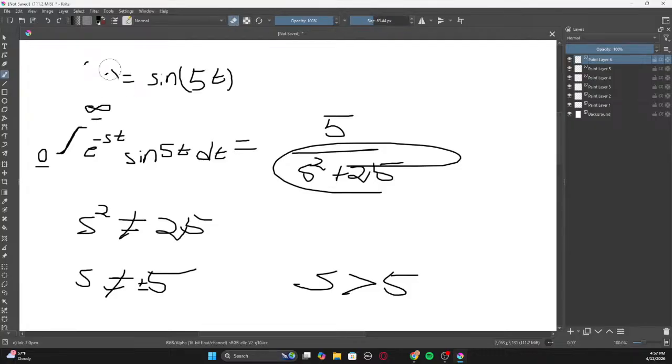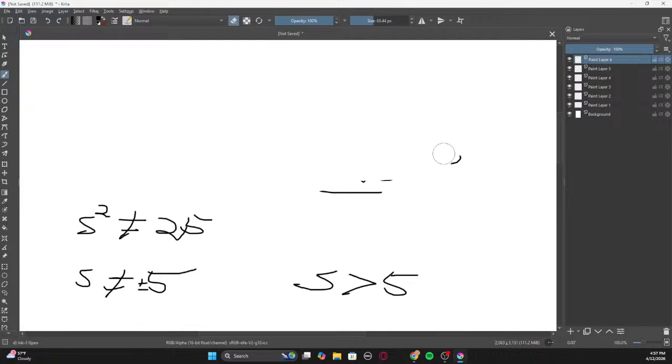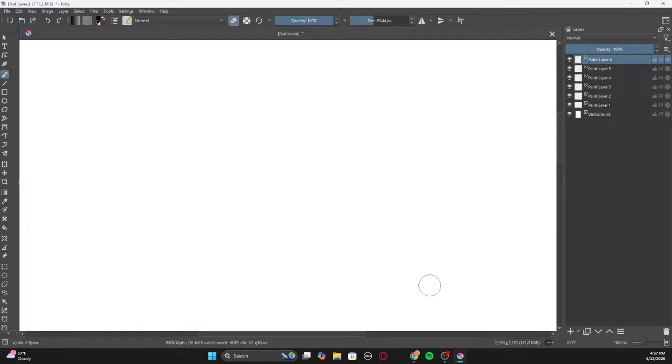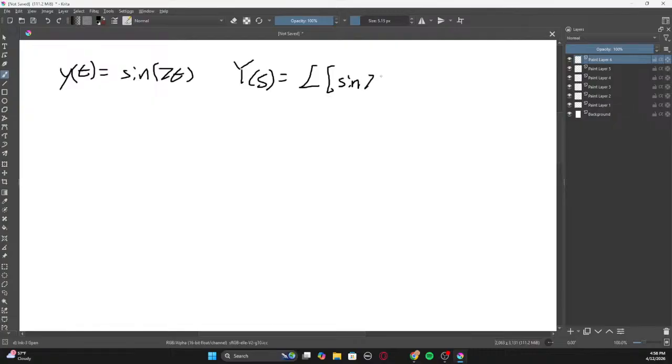So let's erase. All right, so now let's see. Find the Laplace transformation of y of t equals sine of 7t. And then we have some lambda, or I guess it's not lambda, it's just capital Y. So Y of s is equal to the lambda function of sine 7t, which is just, like we've done before,